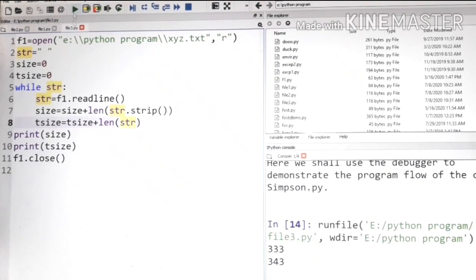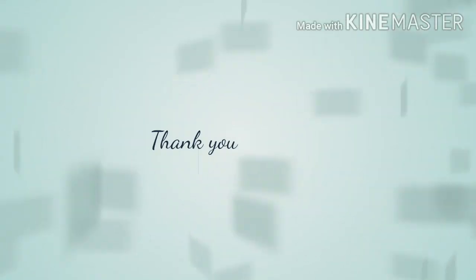Now execute this program, then the output is 333 and 343. 333 means that it ignores all the delimiters and all the blank lines, so the whole character count in bytes is 333. But the total size includes all the blank lines, blank characters, and all the delimiters, so the total size is 343. So that is the use of the strip function. Thank you very much. Have a nice day.